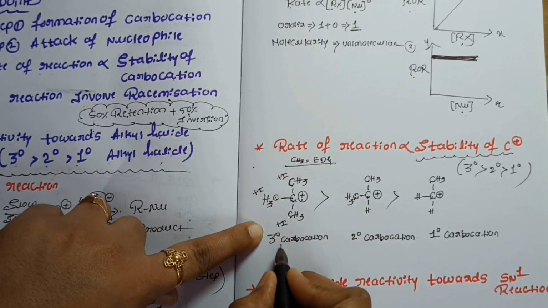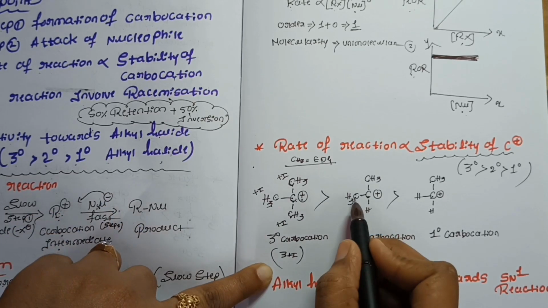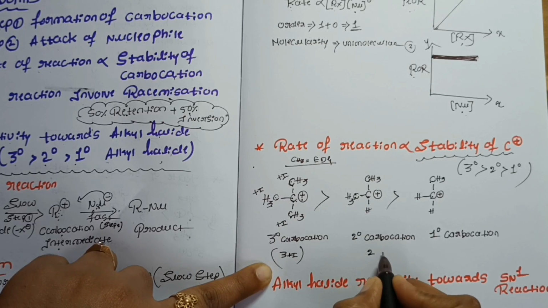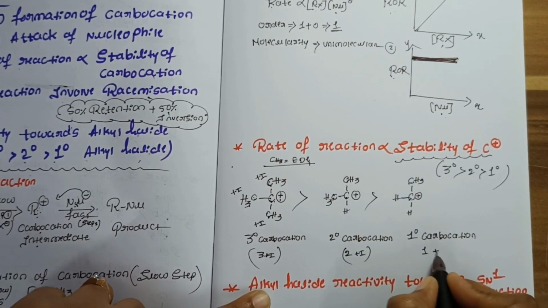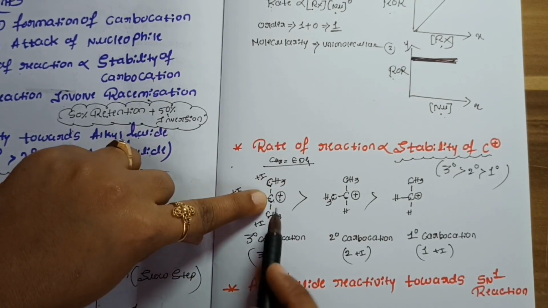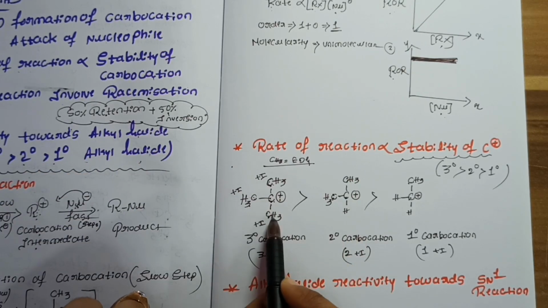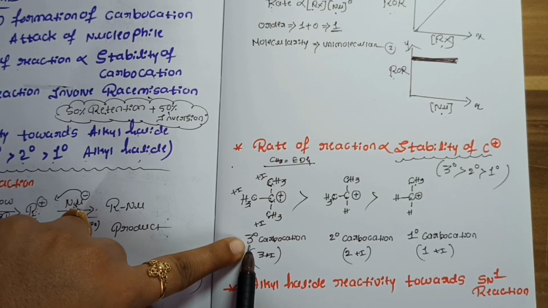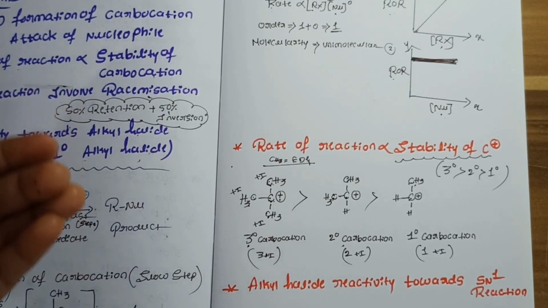In the tertiary carbocation, 3 plus I effects take place. Now here only 2 methyl groups transfer electrons through the sigma bond, so 2 plus I effects take place. Here only 1 plus I effect takes place. So here 3 methyl groups are there to stabilize this carbocation, here only 2, here 3, here only 1. So the stability order is: tertiary carbocation is more stable compared to secondary, compared to primary. This one we understood. Now next one is